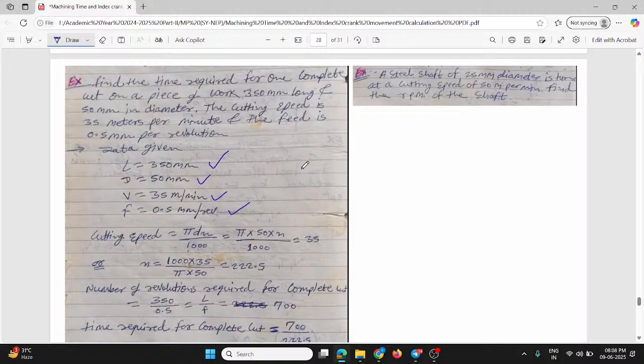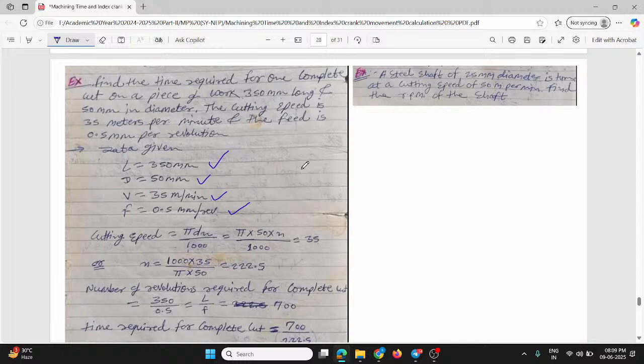That is nothing but the time required for one complete pass, the machining time you have to calculate there. So either you can first calculate the number of revolutions required for the complete cut, and accordingly calculate the time required for the complete cut, or you can write directly the generalized formula: machining time is equal to L divided by F into N. So L is known, F is known,